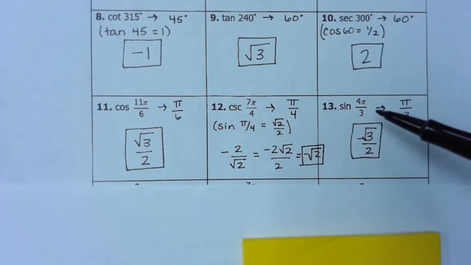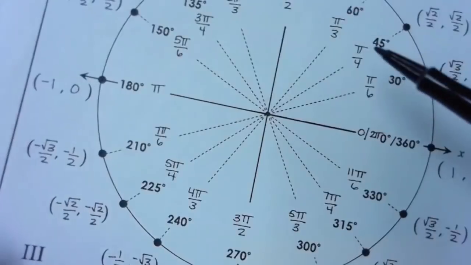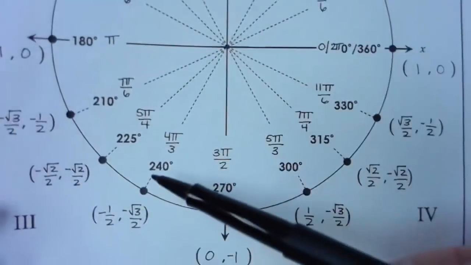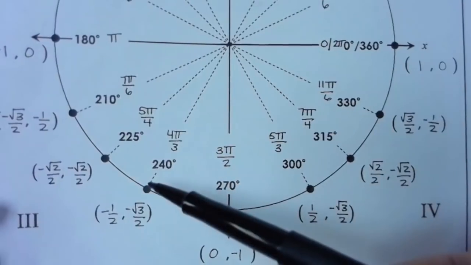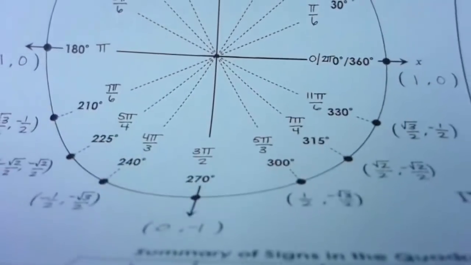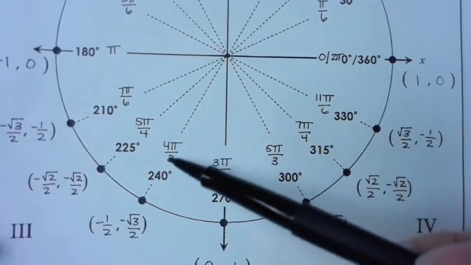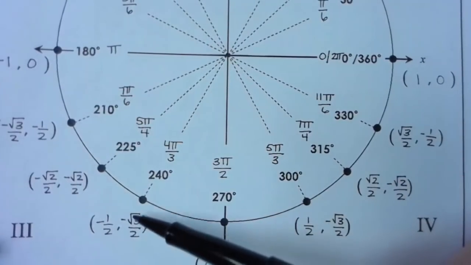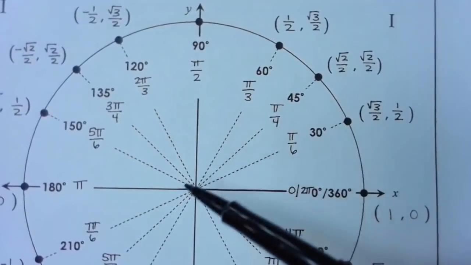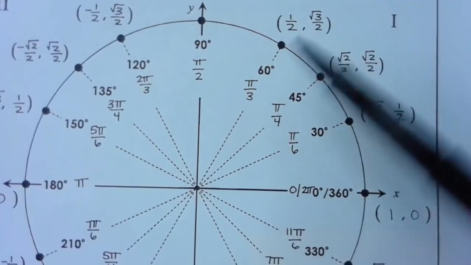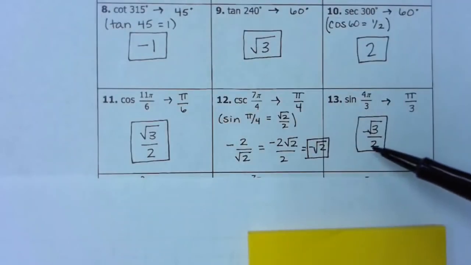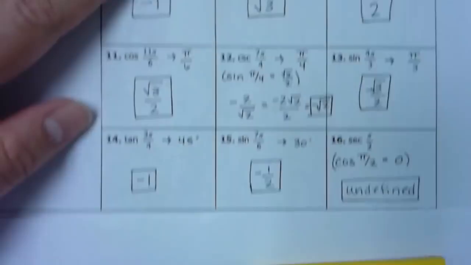Sine of 4 pi over 3. 4 pi over 3, I am right here. Okay, I'm in the third quadrant. Sine is negative radical 3 over 2. And yeah, they're not asking for any reciprocal, so it's just this value here. But again, the reference angle would have been 60 degrees. So we are looking at this one here, but we're in the third quadrant, so it'll be negative of this one, and that's that one here. Last row,